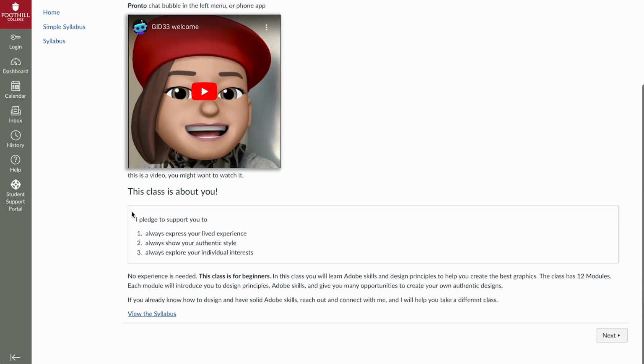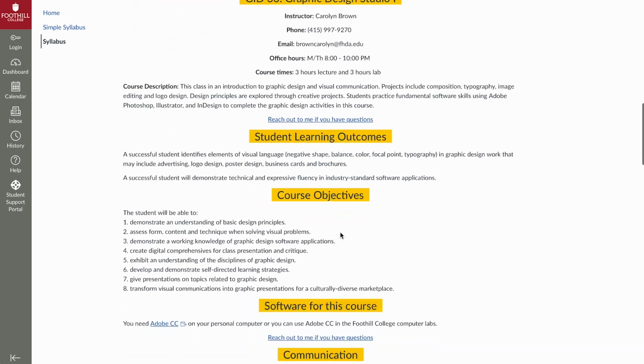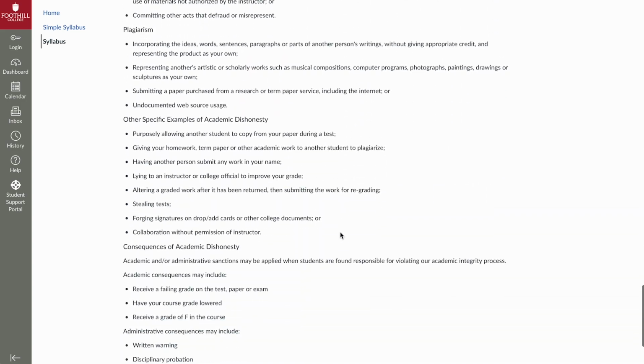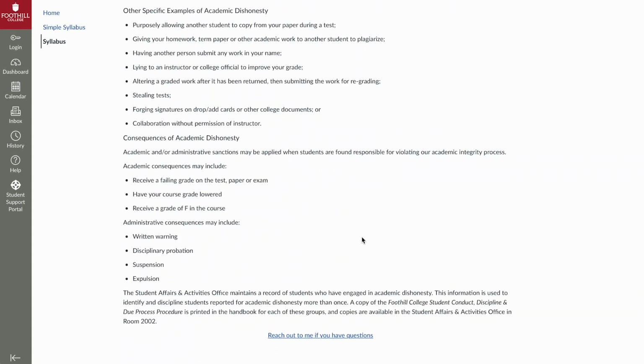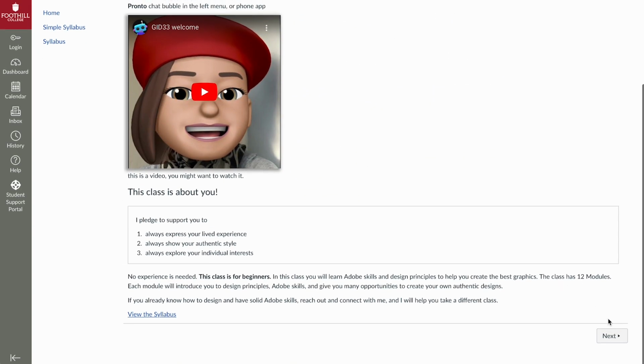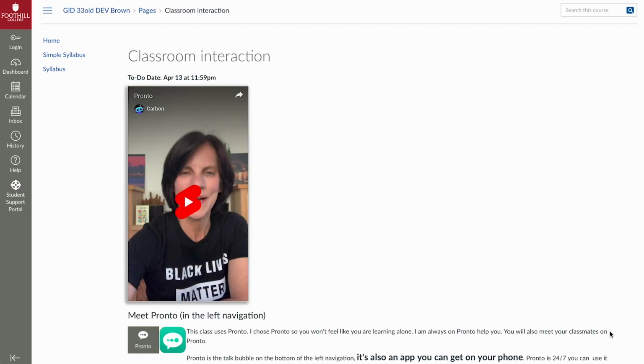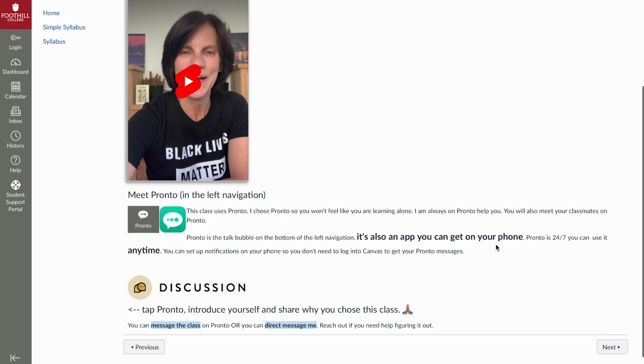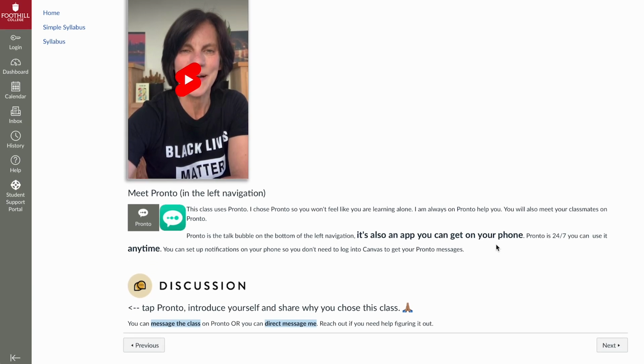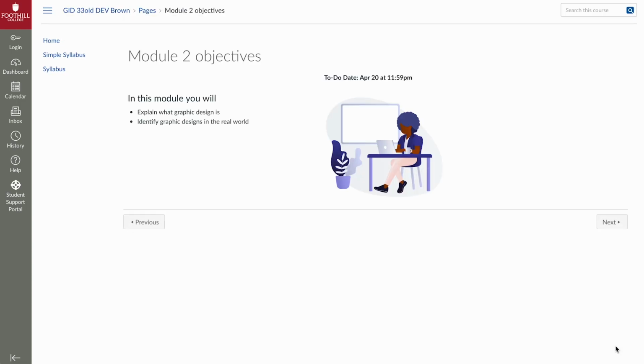We now use Simple Syllabus, but I'm going to link in a copy of an older syllabus so you get that experience as well. And then the next page in the intro module is going to introduce the students to Pronto, the Canvas plugin for student-student interactions and engagement. And then we'll move forward into an instructional module, some objectives,